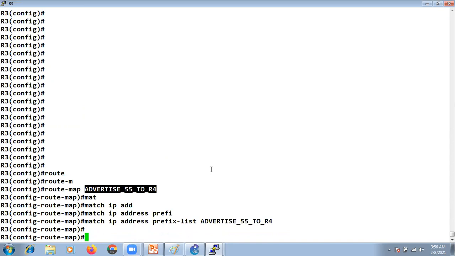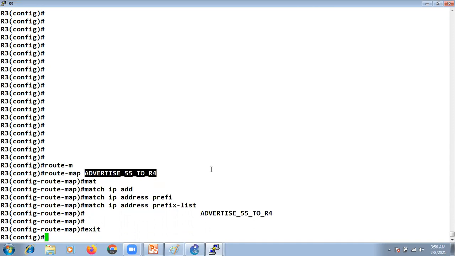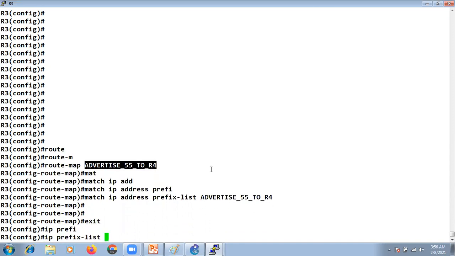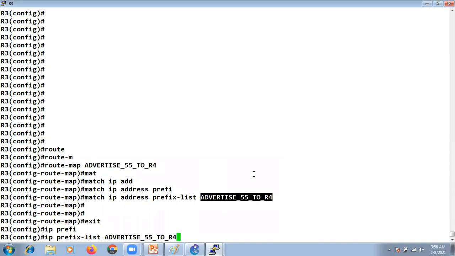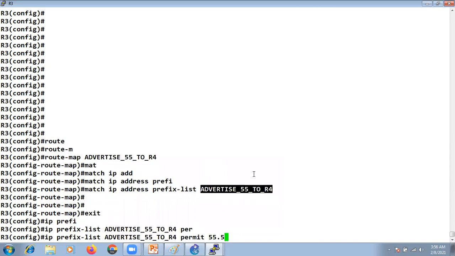Now I will create one prefix list with the same name and permit the subnet that I am going to advertise to R4, right?